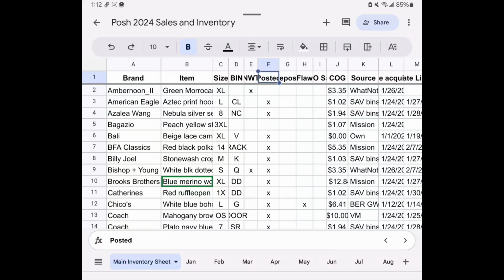And what I do there is I just put an X in that column if I have in fact posted the item. There are times when I mislay something. There's times I've decided to keep an item. So it just gives me an idea when I'm doing my spreadsheet, especially when I'm carrying over data from year